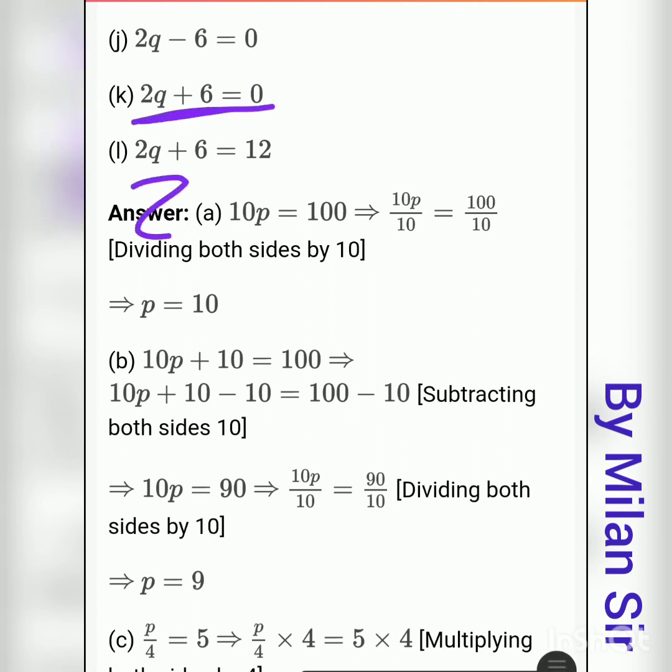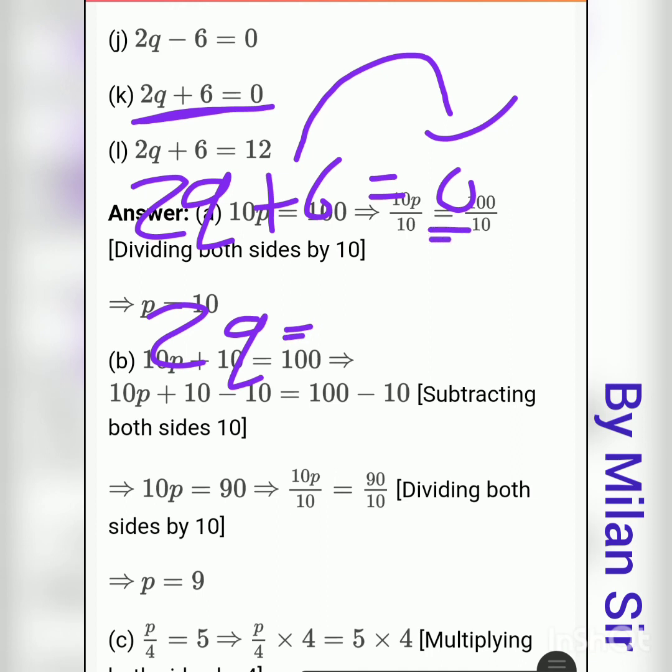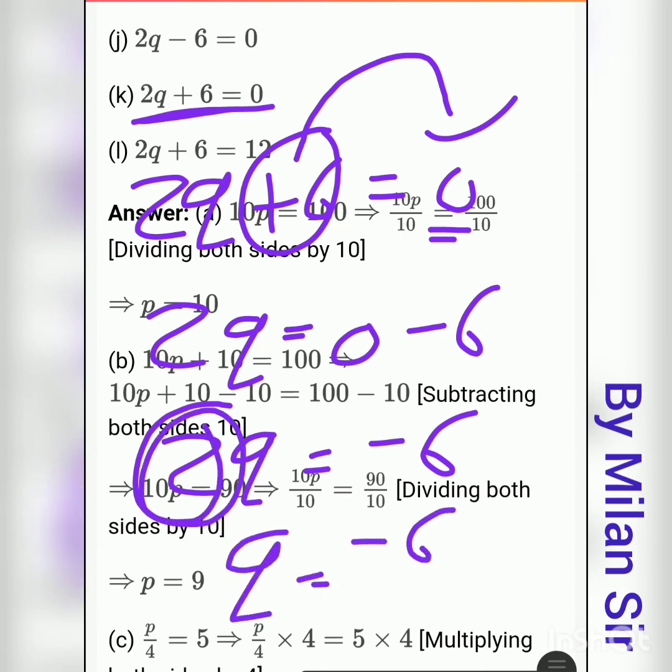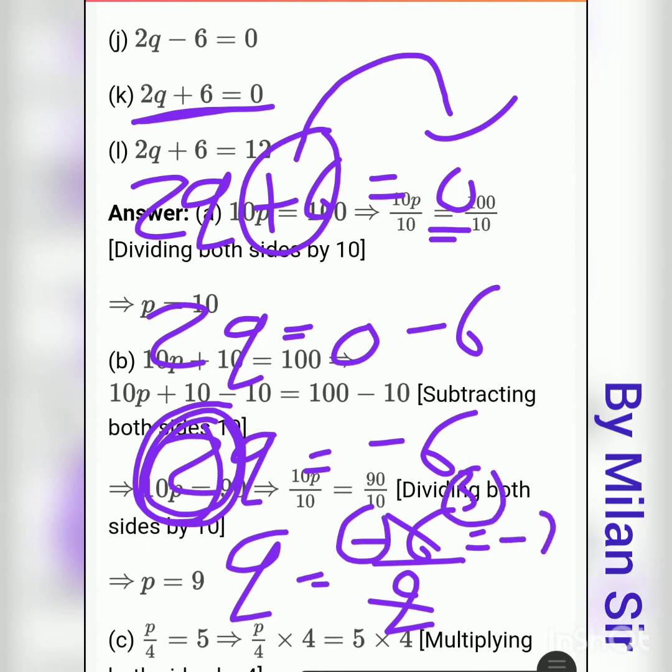Here 2q plus 6 is equal to 0. If we transfer this plus 6 to the right hand side, it becomes minus 6. So first of all 0, and plus 6 becomes minus 6 here. So 0 minus 6 is minus 6 only. Now this multiplication by 2 we need to transfer to the right hand side. So q is equal to minus 6, and this 2 goes to the denominator. Again we can cut this, 2 3s are 6. So negative sign and the answer is 3. So minus 3. So q is equal to minus 3.